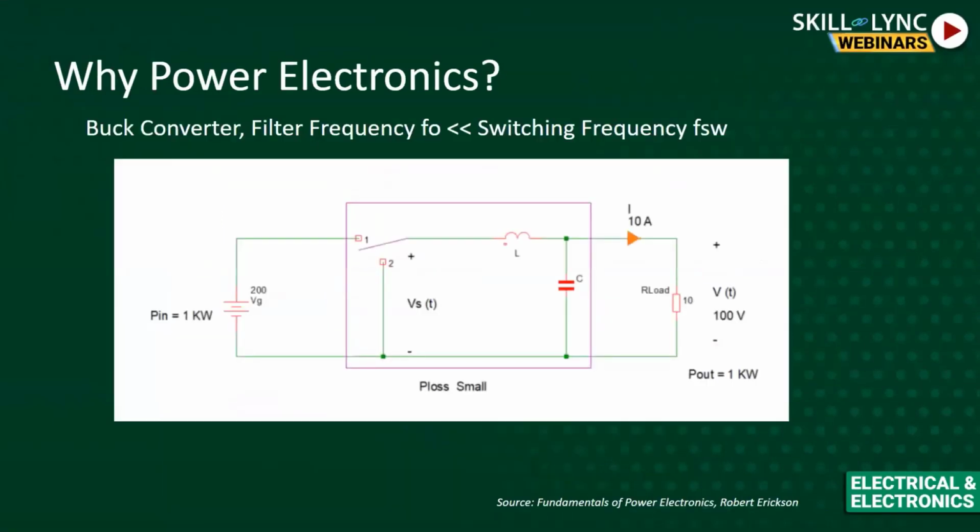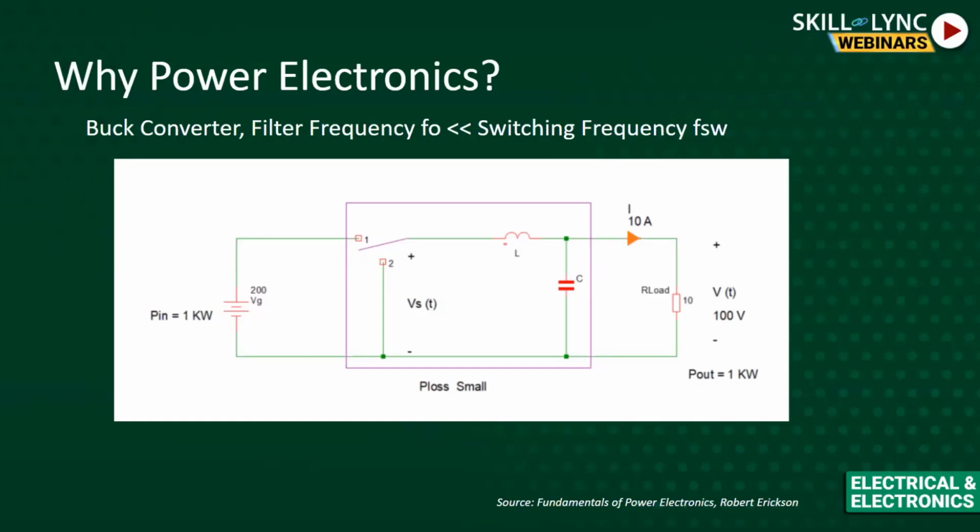What I just did is, now you have the output voltage which switches between Vg and 0. What if you implement a low pass filter, an LC? Obviously you get the average voltage, if you properly design it such that the filter frequency is much lower than the switching frequency. So you get the average voltage here.